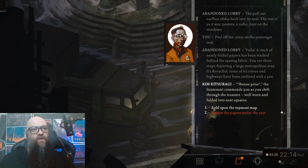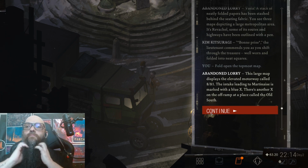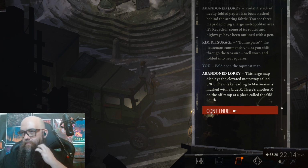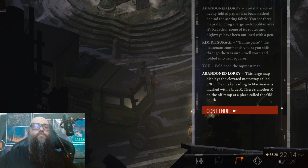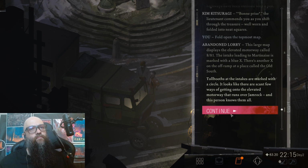Open the topmost map. This large map displays the elevated motorway called 881. The intake leading to Martinez is marked with a blue X. There's another X on the off-ramp at a place called the Old South. Toll booths at the intakes are marked with a circle. It looks like there are scant few ways of getting onto the elevated motorway that runs over Jamrock, and this